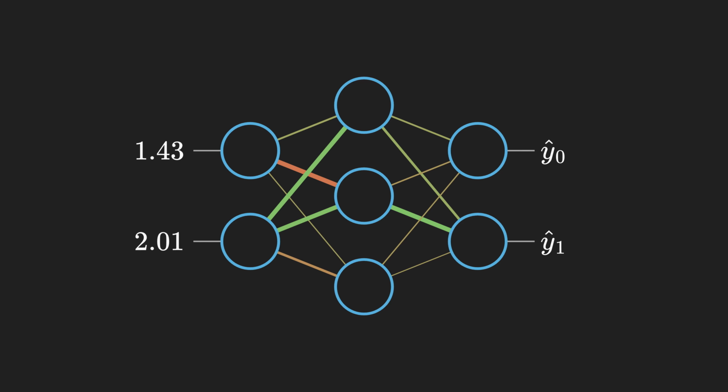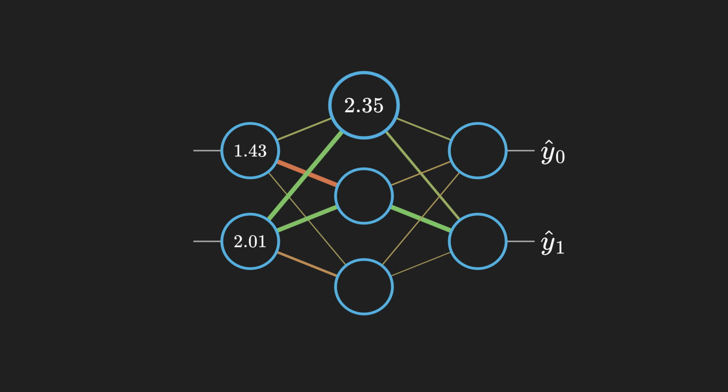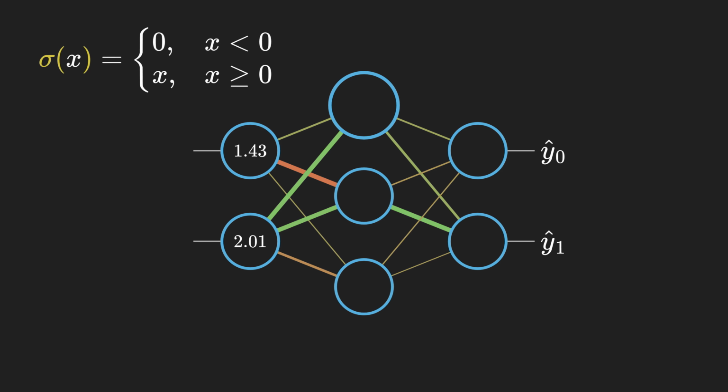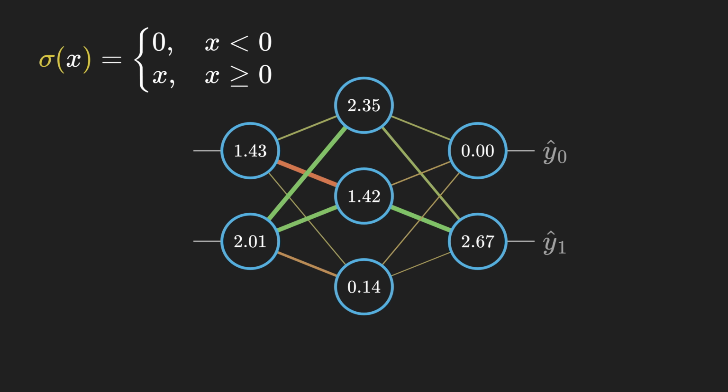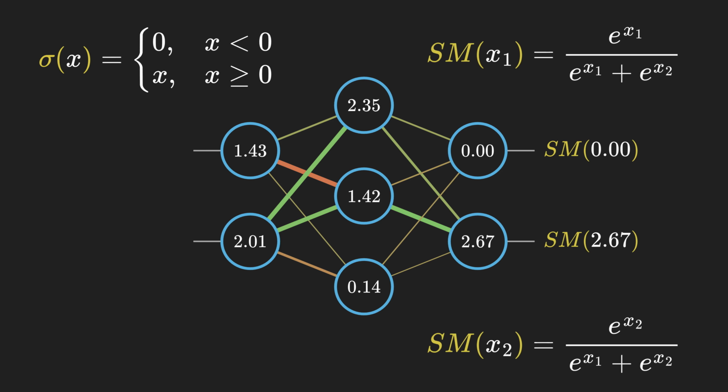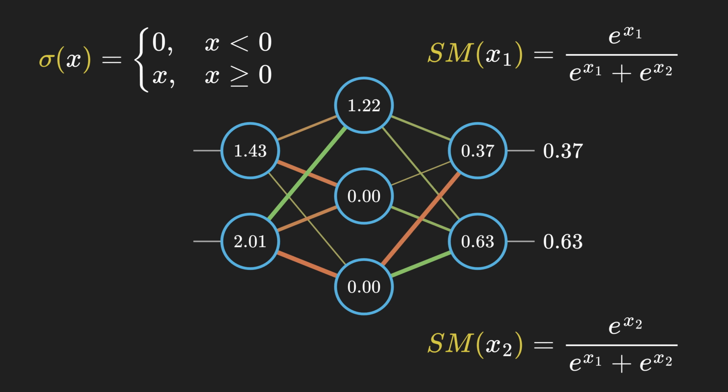Let's walk through a single forward pass with one data point. Each input is sent to the next layer, where we compute the weighted sum, just like with the perceptron. And then we apply the activation function, which in our case is just ReLU, so nothing happens. We do this for each neuron on this layer, and the process repeats for the next layer, passing the results forward. In the output layer, instead of ReLU, we use a different activation function, called softmax, which just turns our outputs into probabilities that end up adding to 1. That way we can tweak the network more accurately. It is important to know that if we modify the weights, the output changes dramatically. So we cannot just tweak them by hand. That's why we need a way to train the network.